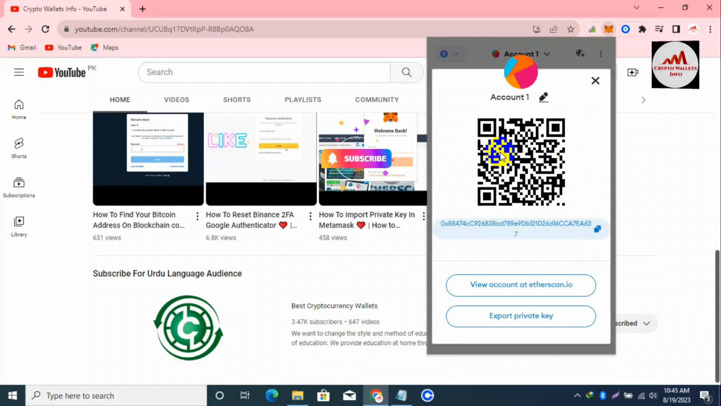This is the QR code. If you want to get your wallet address without copying it, you can simply scan this QR code, and then you will easily get the wallet address. Okay, but I need to find the private key, so you can see the second option available here,